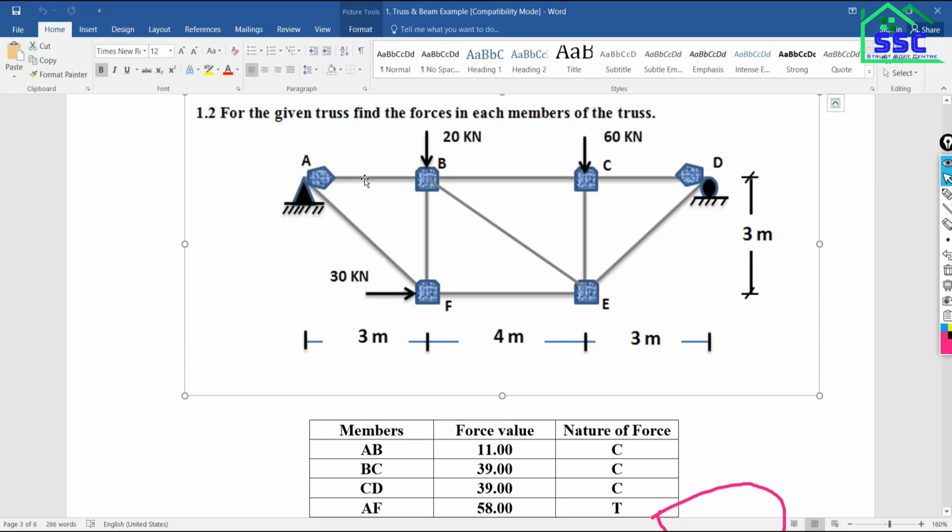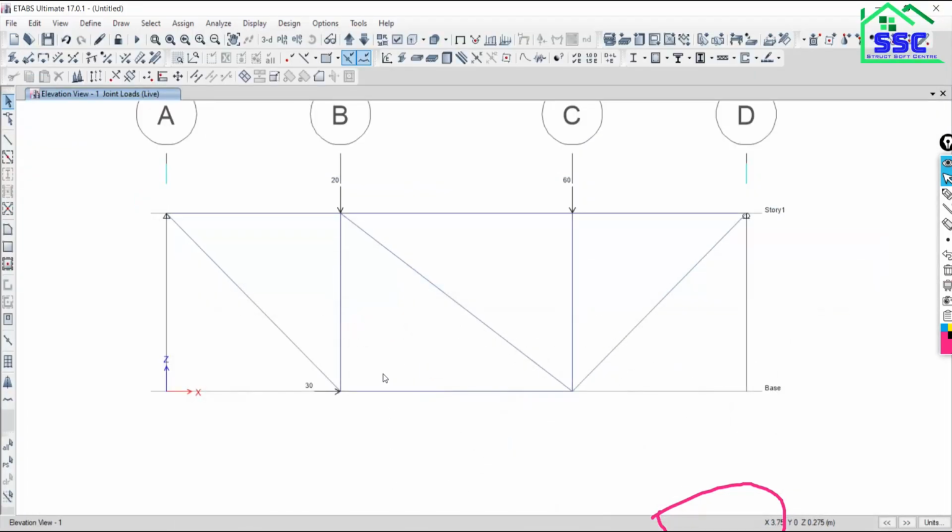Got it? Support conditions are also assigned to the joints. Members are also modeled correctly. Now we have to check the model whether there is any error or not. Once it shows any error, we need to rectify that error. And if there is no error, it is a good thing, and we can proceed to the analysis step.